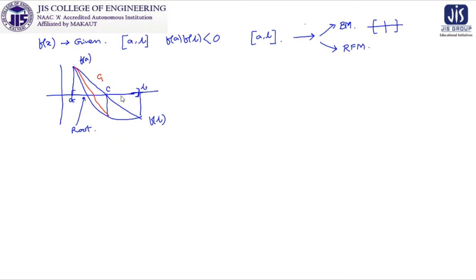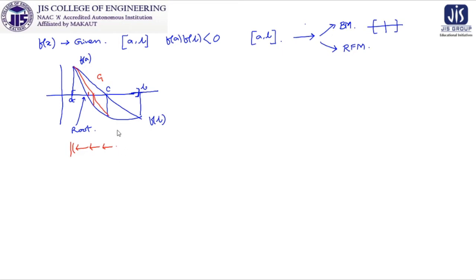In this process, gradually there will be a perpendicular drop, and again if I connect these 2 points, then the intersection with the x-axis will be here. So it is again closer to the desired root. In this way, in each and every step we are approaching the exact root. Maybe we are not going to touch the root, but we are very close to this root as we do higher and higher numbers of iterations.